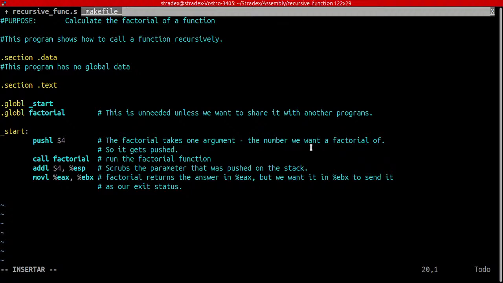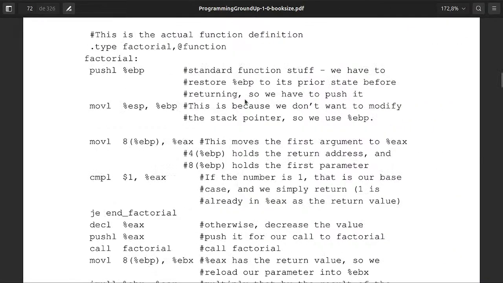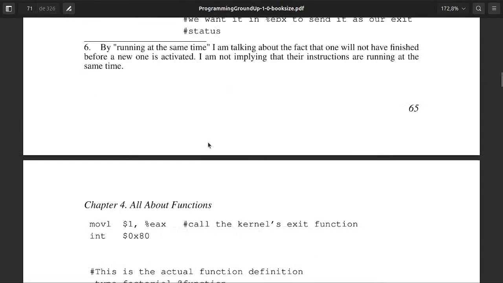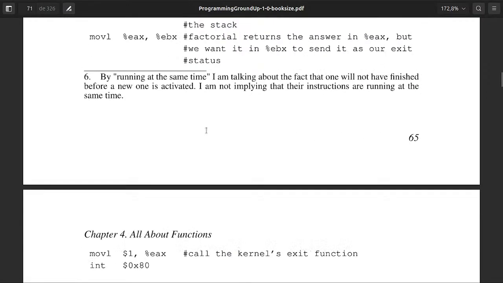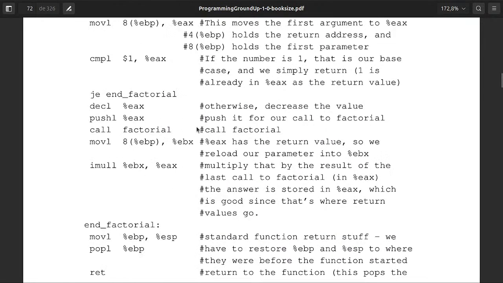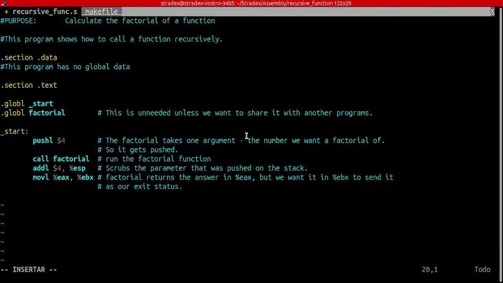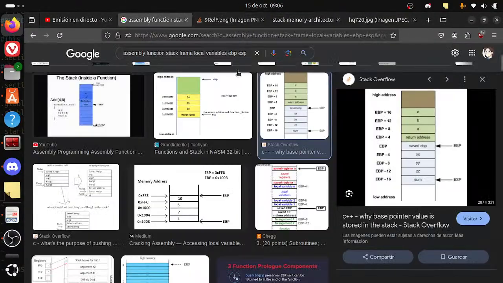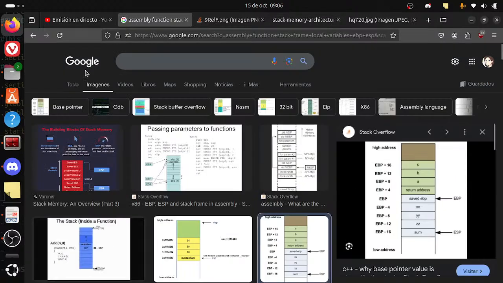So let's go back to this. So basically, with push LIF4, I am moving that argument into my factorial, but I want to know exactly what it does. It will basically be moving that into. I know what's happening, but I want more information because I like to understand things deeply, you know. So let's go by